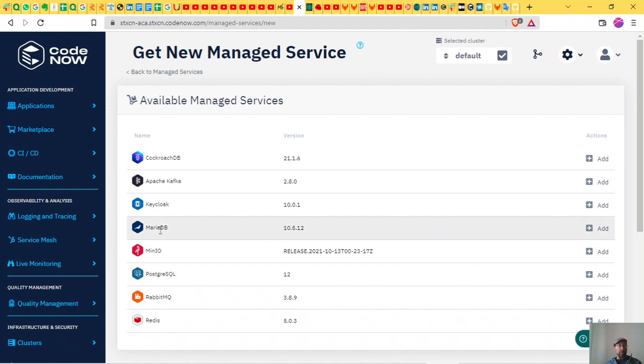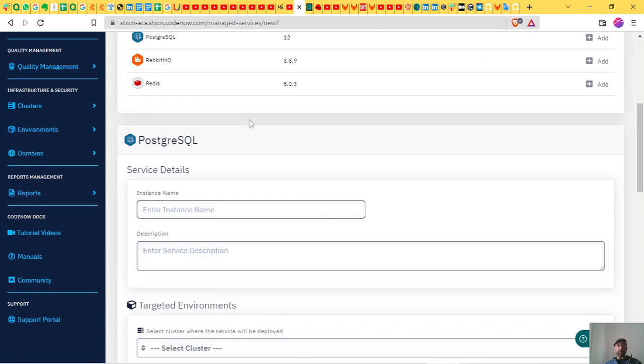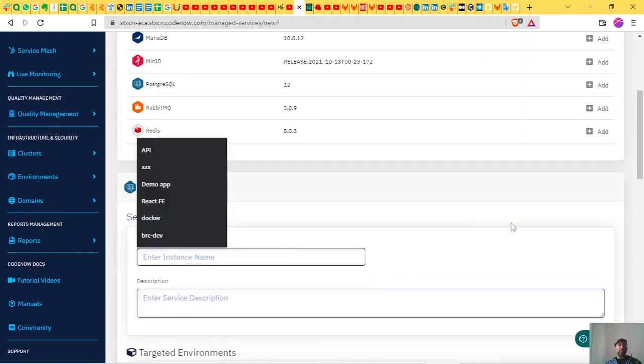I could create a MariaDB database. It's another database, I think it's from MySQL. Redis, it's an in-memory key value store, is also another type of database. I have 8 different types of managed services. I'm not going into detail. You can go to the documentation if you want to know more. I'm just going to create this Postgre database. I click on Add, and then I can put some